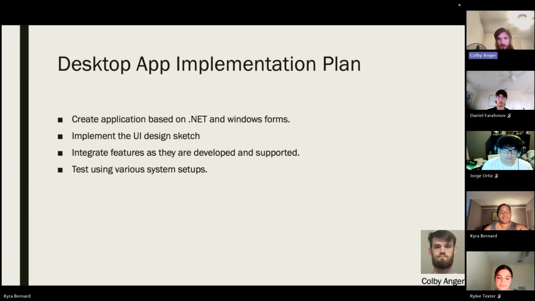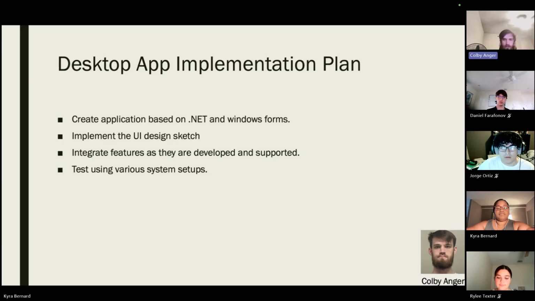So for the implementation plan of the desktop application, like the mobile application, once again, it'll be developed in various stages, beginning with research, UI development, moving forward into feature development, and hooking to the actual backend API. Same general process. Once the desired application flow and result has been met, and the API can support this, we'll move on to the next feature, basically. So we would begin with, for example, the situational awareness, context awareness system. And once that's fully fleshed out, finished, we would move on to something like the location data or something else of that nature.